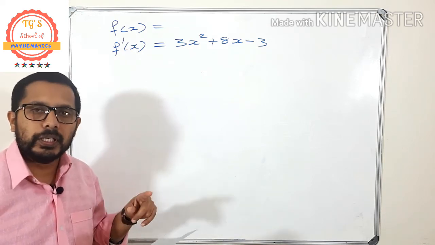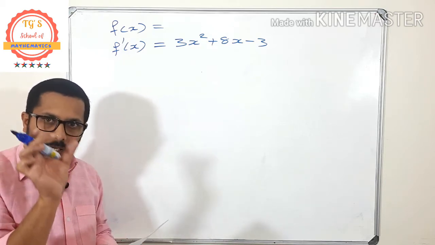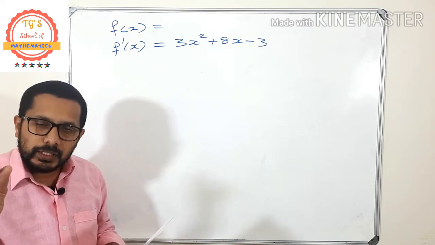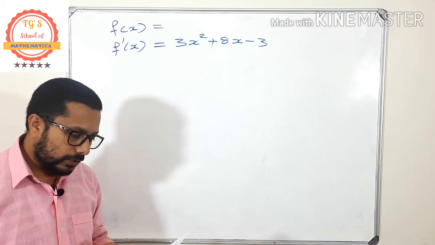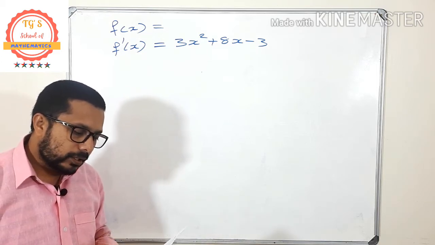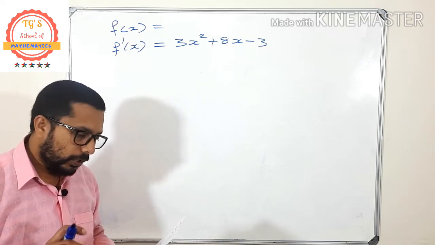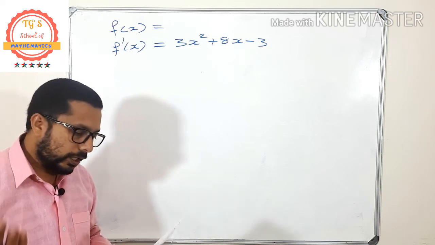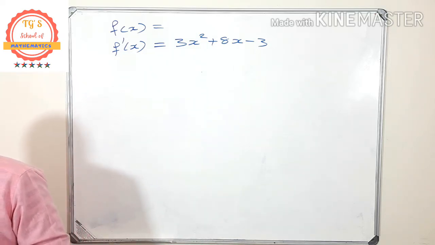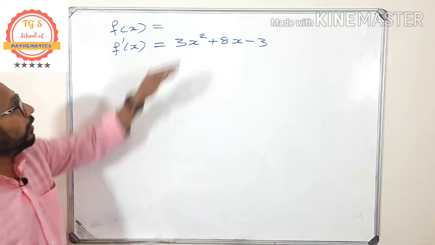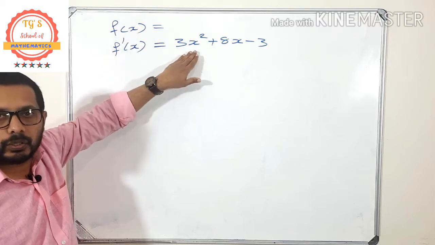Calculate the x coordinate. You know, when you write your exam, you have to read and try to understand sentence by sentence and try to understand what you want to find, what is given. Okay, what is the question? Calculate the x coordinates. That means you have to find the x coordinates. Okay, of what? Of the stationary points of f. So you know that f is a cubic function, am I right? Then f must be a cubic, then only when you differentiate that one you will get a quadratic equation.